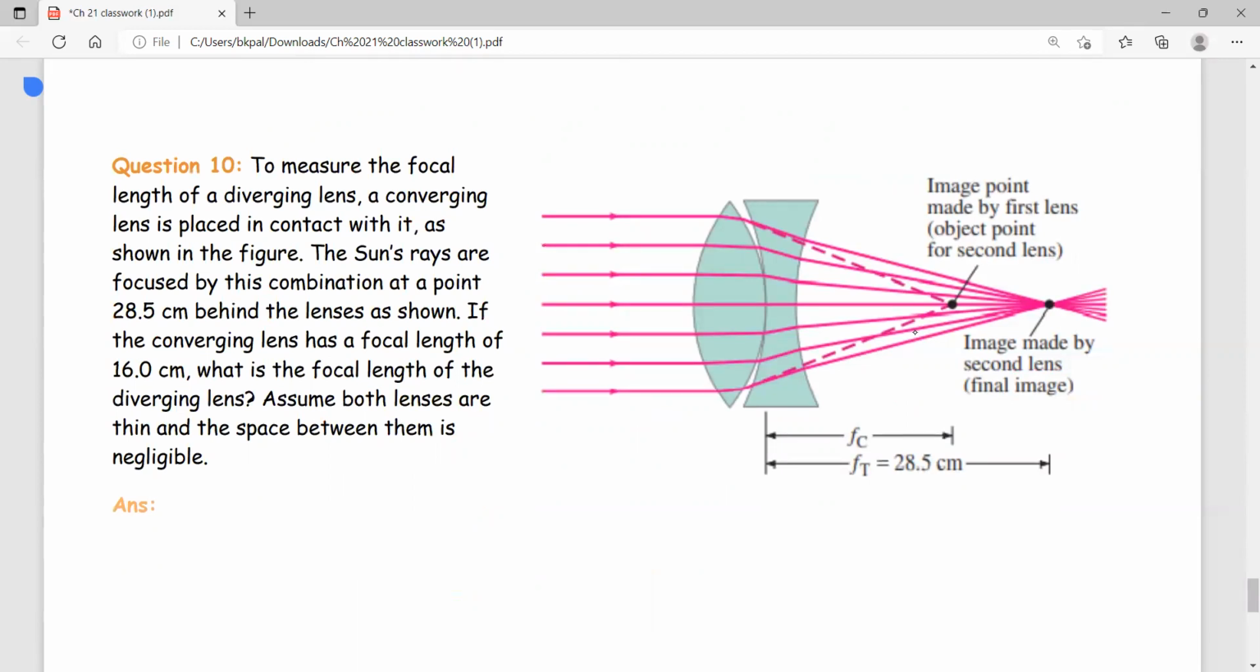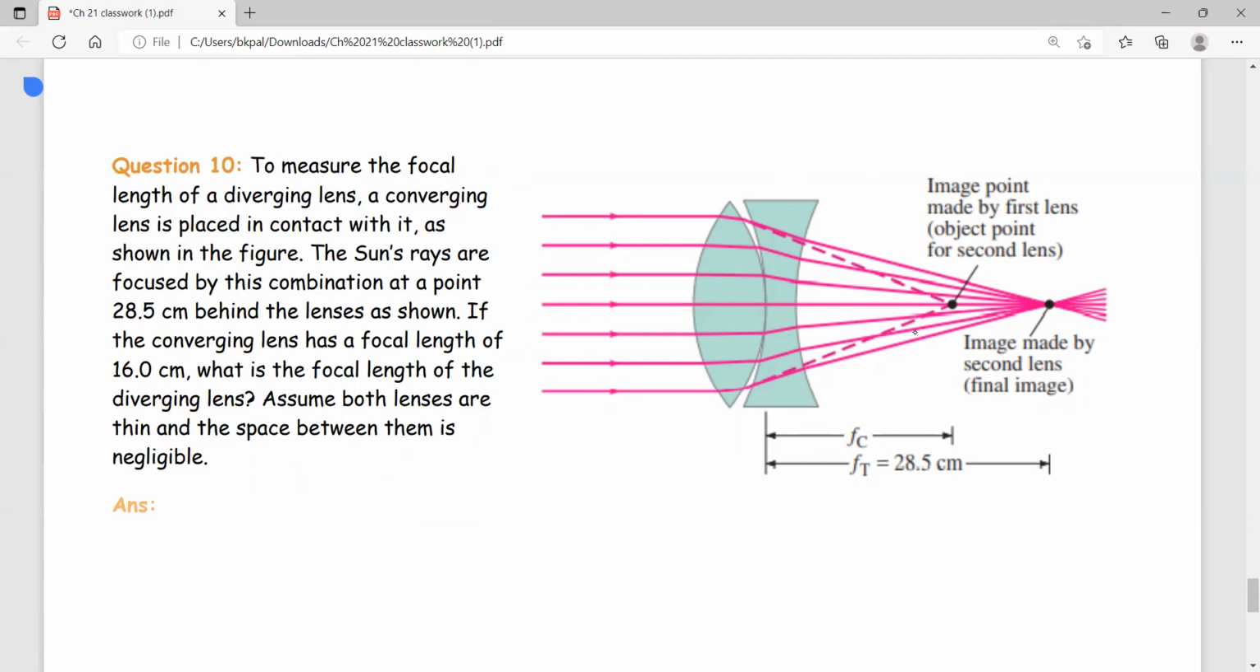Here we have one convex lens and one concave lens. This time you will see that it is a little bit more complicated than the last one, but once you understand how to solve the lens equation, it is not that difficult. So here we have two lenses, one converging lens, one diverging lens, and you remember that